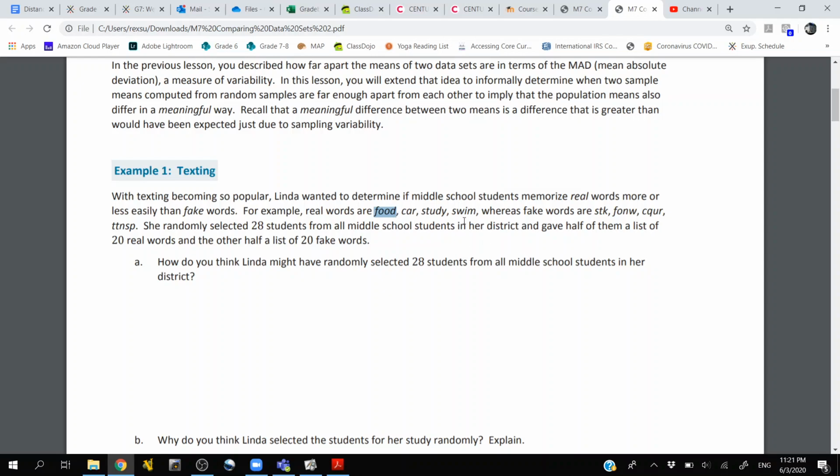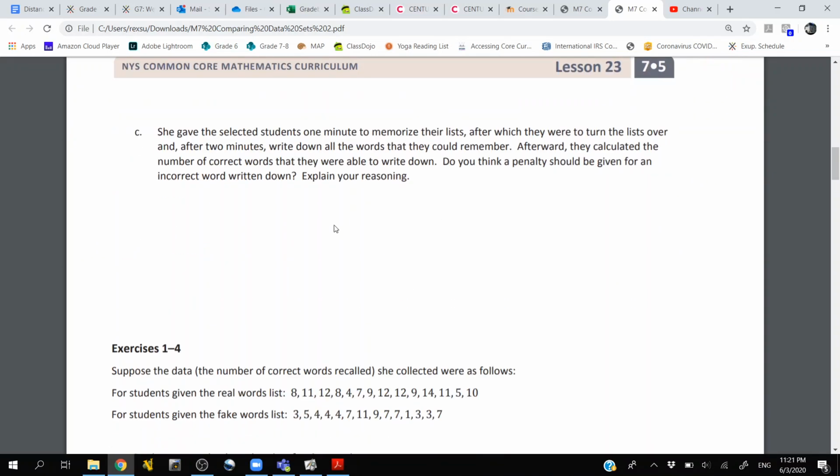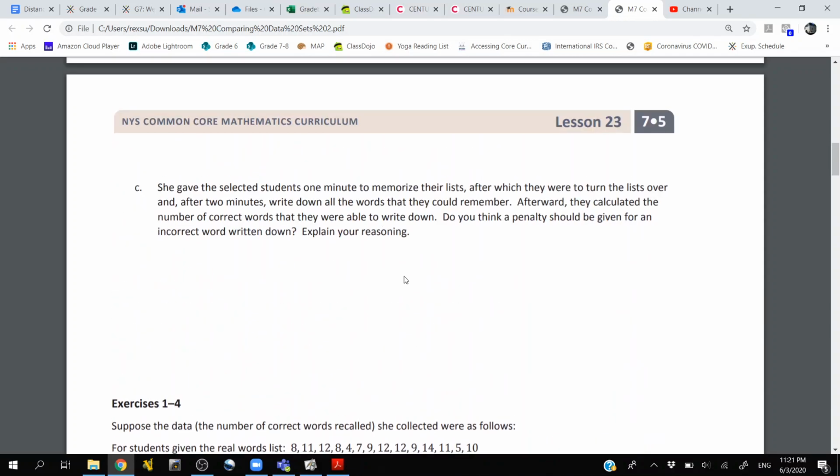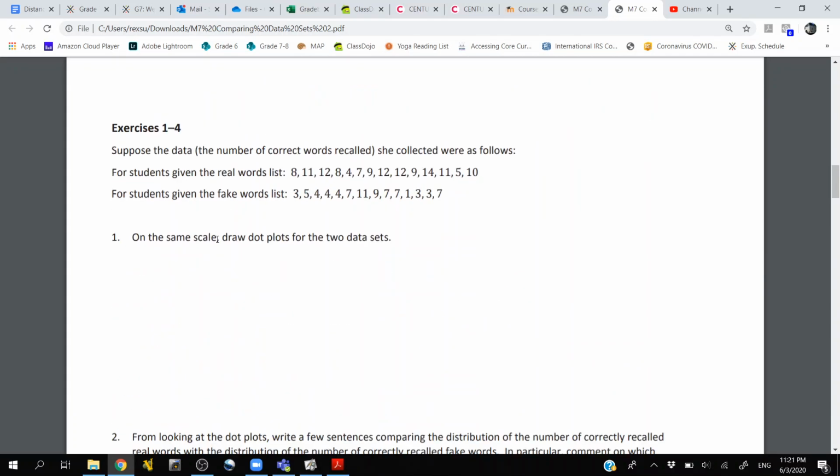It's easier to be harsh with these words. What if I remembered all of these, but I remembered this one as CKUR? Is that the wrong word? Is it just a spelling error? Do I get a penalty? Like, if I remember funwa and I remember CKUR, do these cancel out and make it that I remembered 0? Well, those are decisions that Linda would have to make, and decisions you have to respond to.